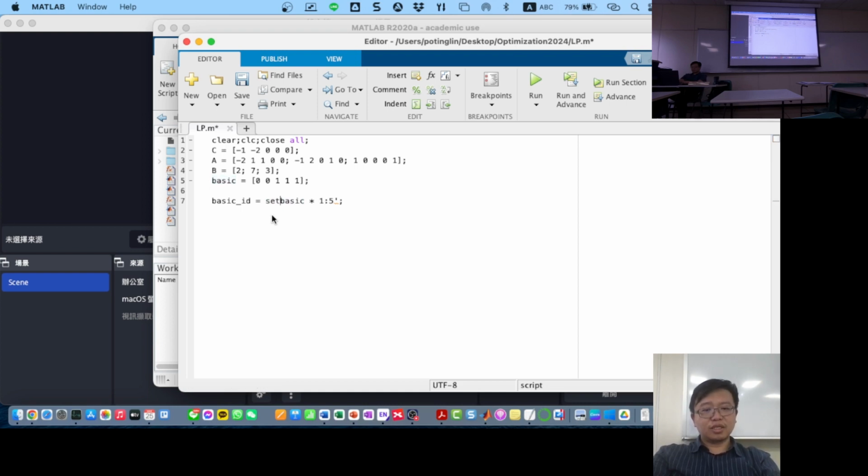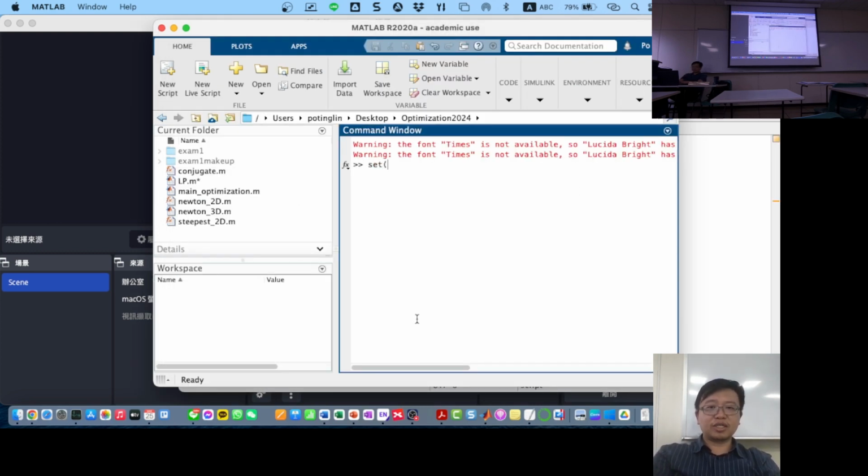Set difference, 1 to 5 and 3 to 5. Set difference tells you